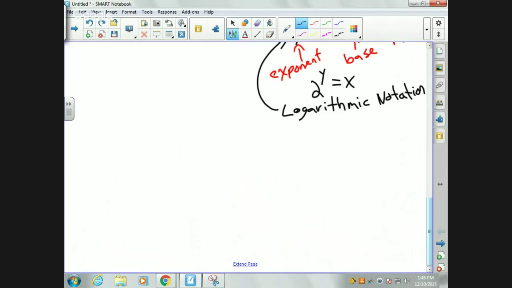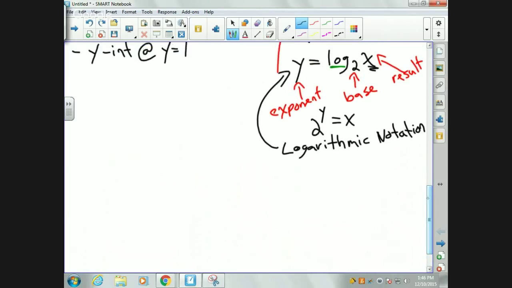Is that okay so far? I want to do some examples so you can get used to this. I mean, I could have made this your homework last night. I'm not sure why I didn't, but